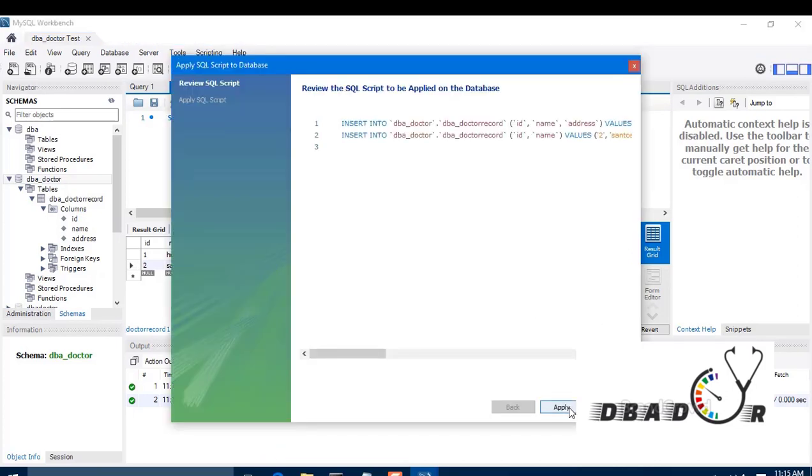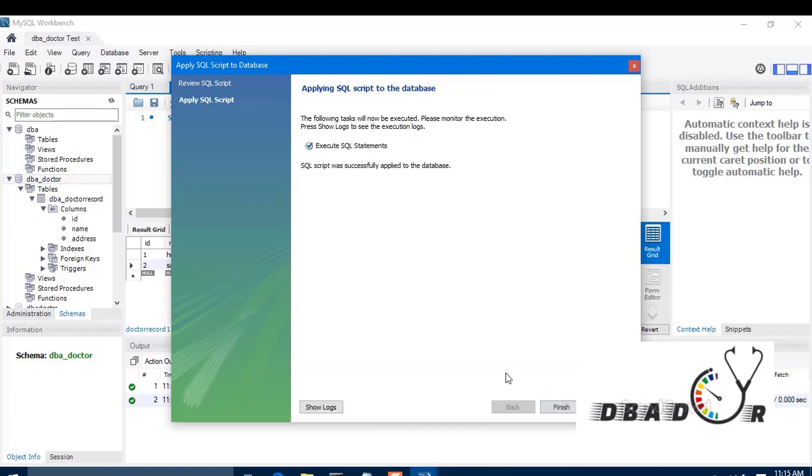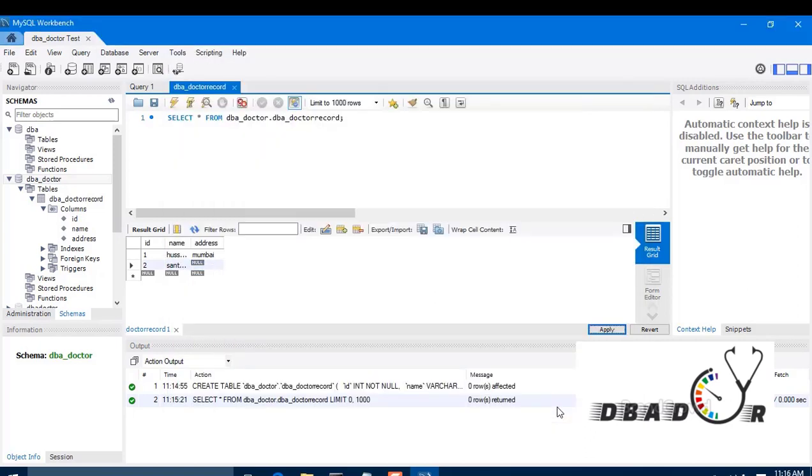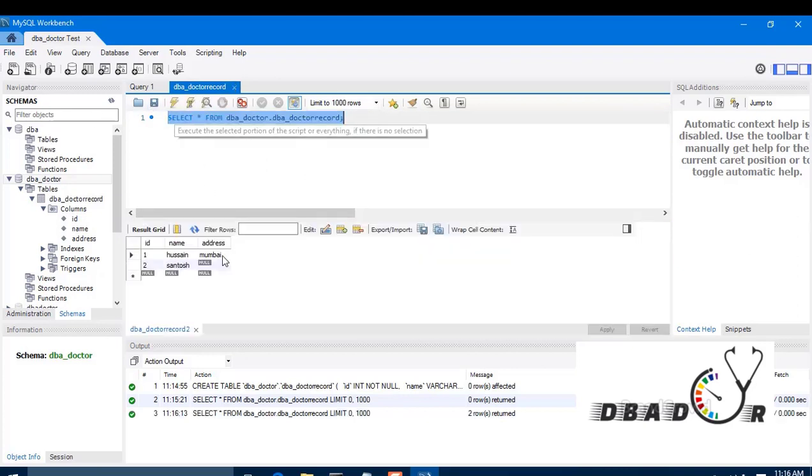You can see here I'm applying. The execution is done successfully. To view the record, again we have to fire this statement. You can see two records are present, so like that we can do.